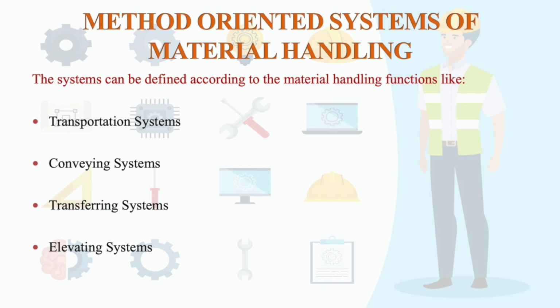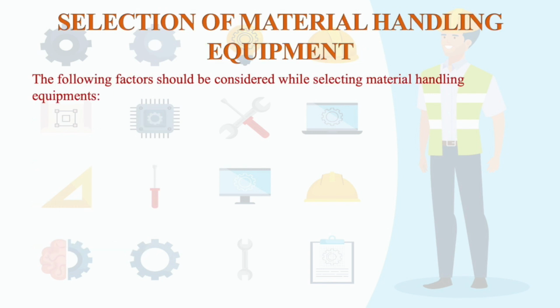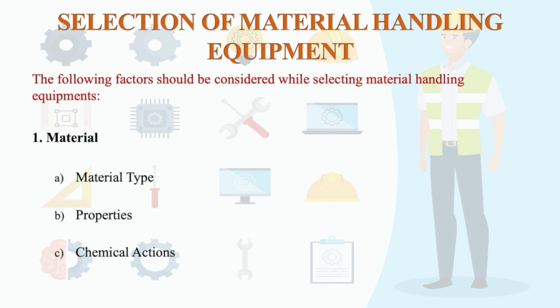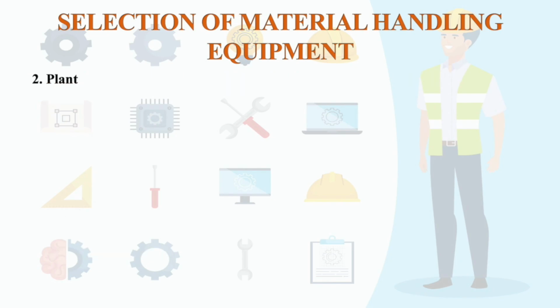Selection of material handling equipment. The following factors should be considered while selecting material handling equipment. So which type of material are we going to select? Depending upon the material type, properties and chemical actions if any, the equipment should be selected. This is one factor. Then plant layout, building orientation,